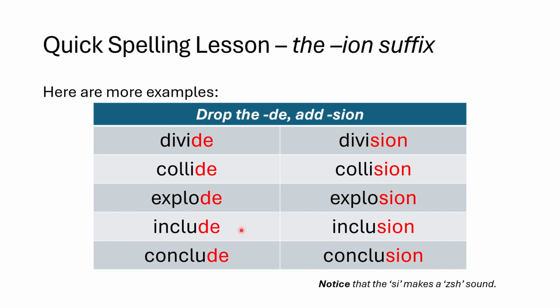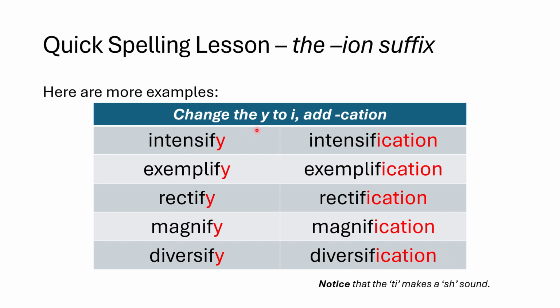The verb is include. The noun is inclusion. The verb is conclude. The noun is conclusion. Notice that the SI makes a zh sound. Change the Y to I, add cation. I will say the word. I will pause. When I pause,